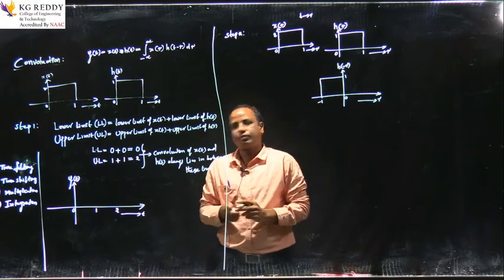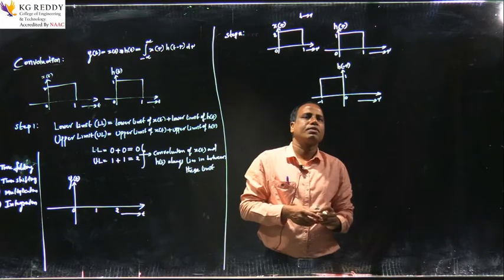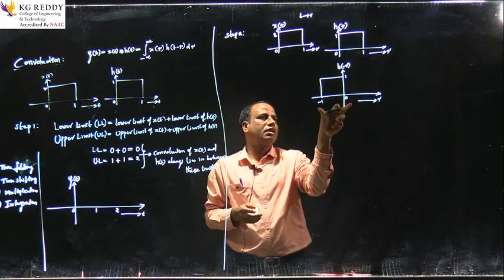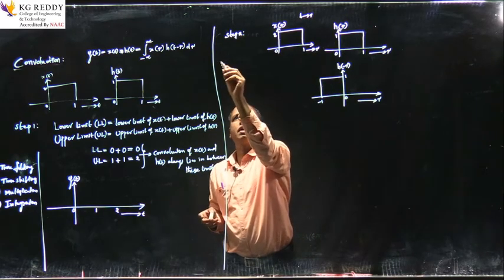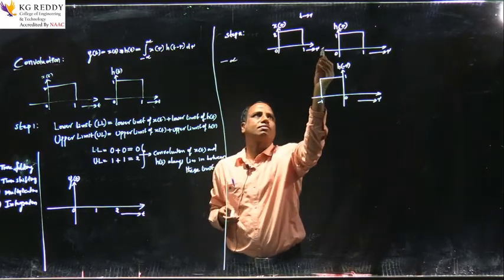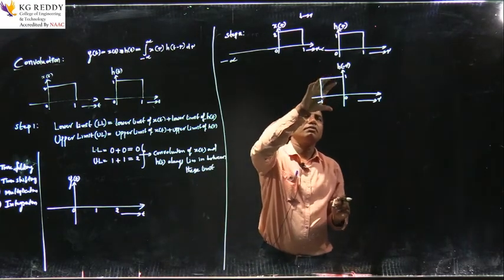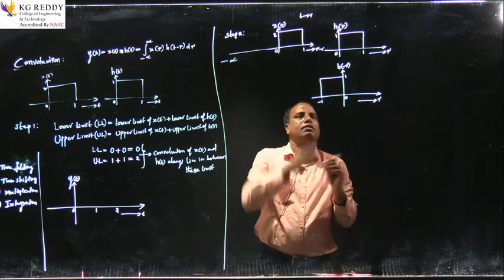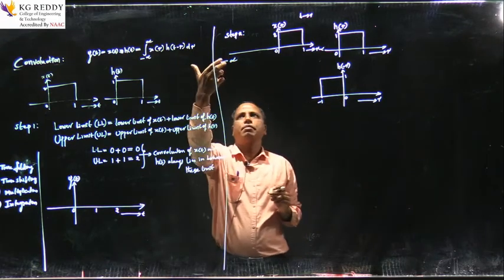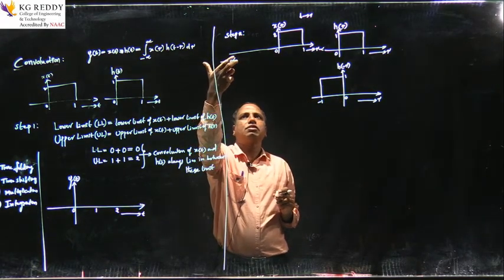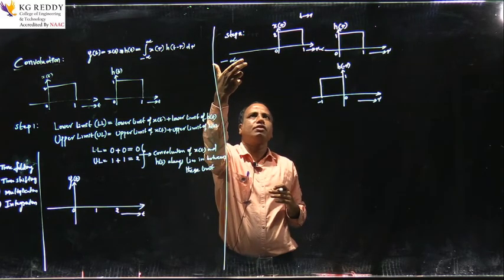First operation. Now what I have to do in step 2 is bring this particular signal from minus infinity to plus infinity over the other signal. Assume that this is the time axis. We need to bring this signal from minus infinity to plus infinity. Assume I have stored this signal in my hand. I am at minus infinity, and there is no overlapping area between these two signals.